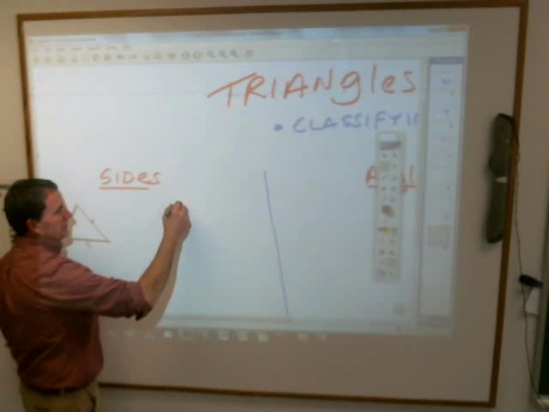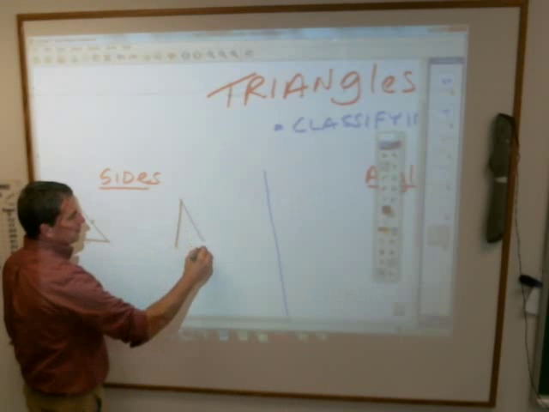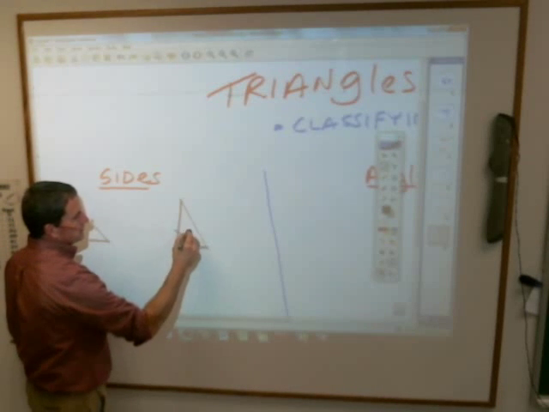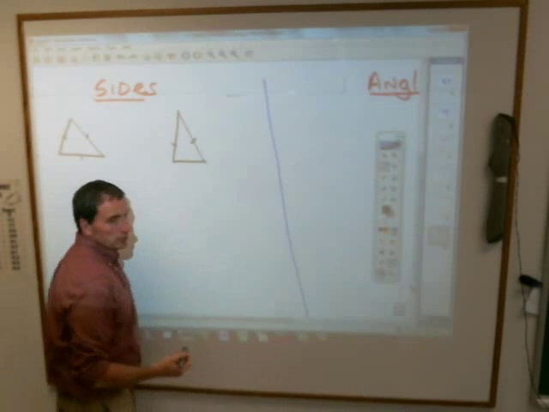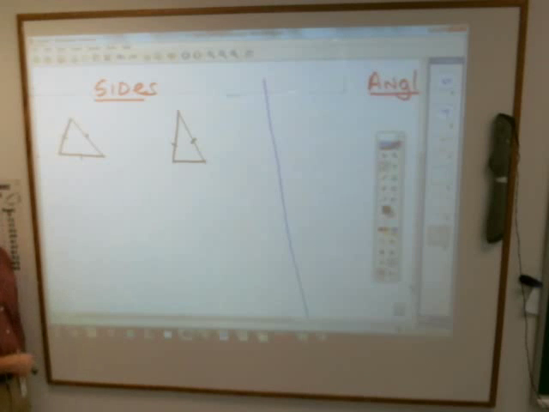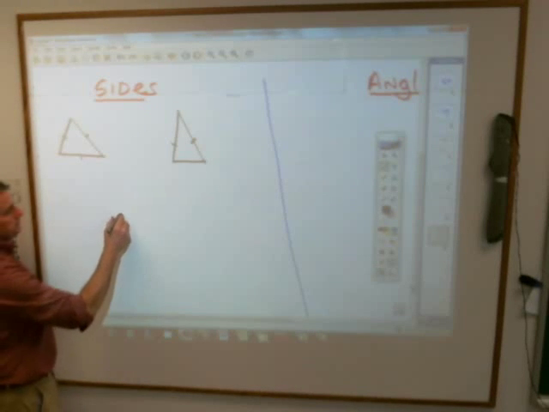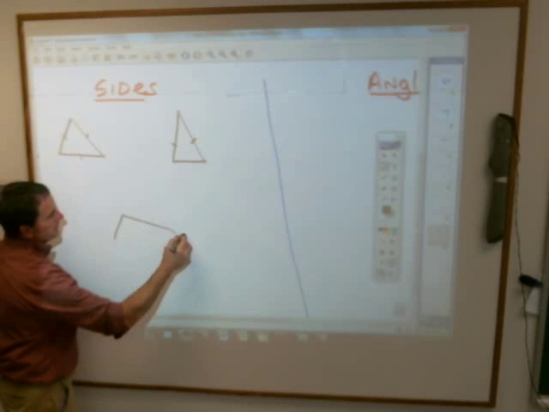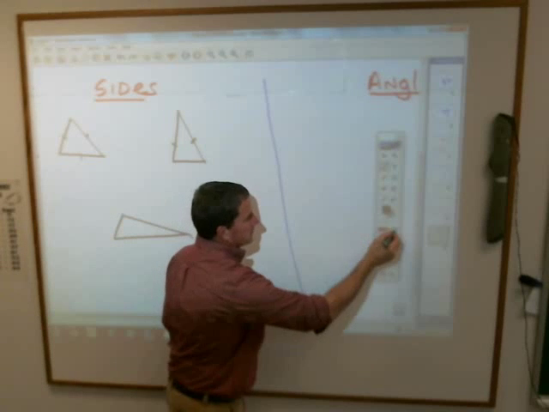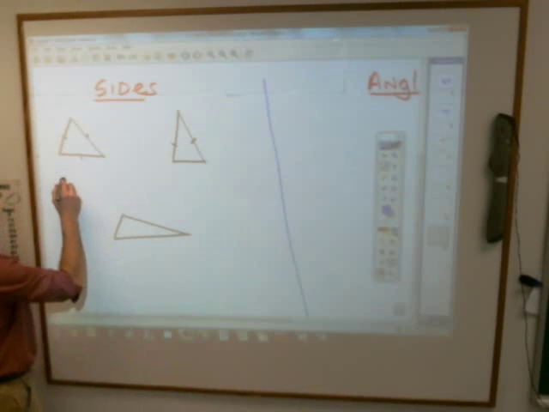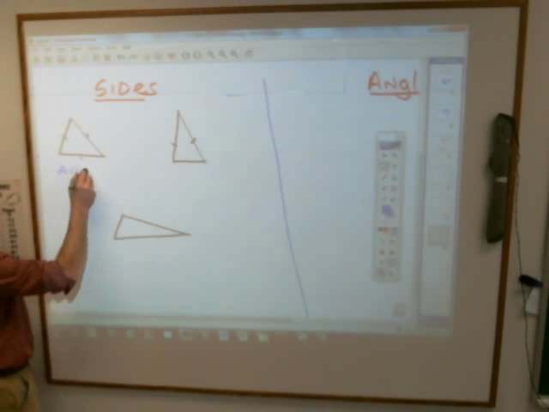Or you could have only two sides being equal. Or guess what the other option is? All sides equal, two sides equal, or Joseph? No sides equal. Those are your three different options. So let's write that down. If all sides are equal,